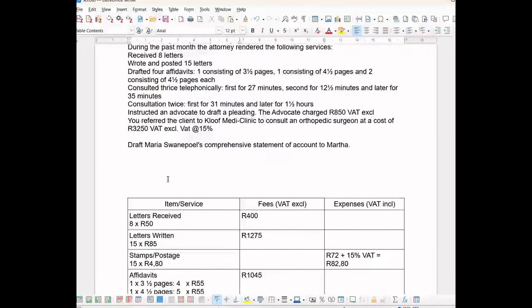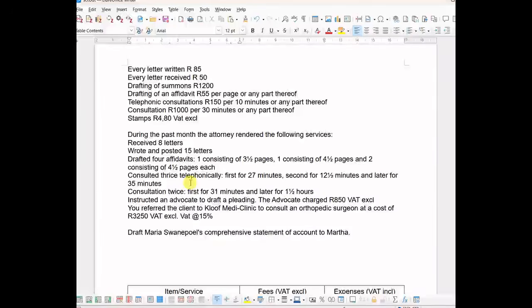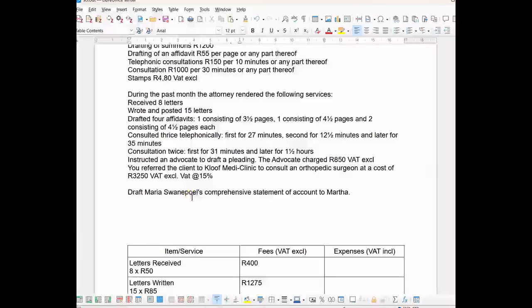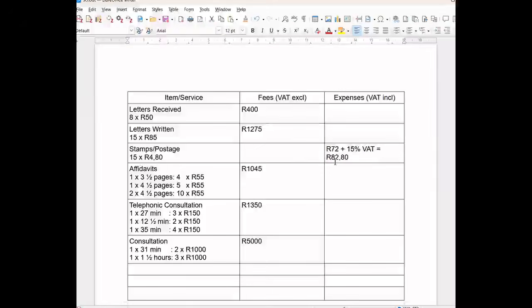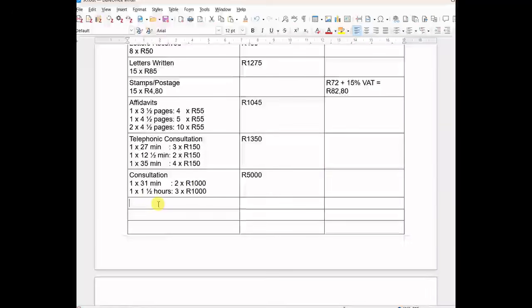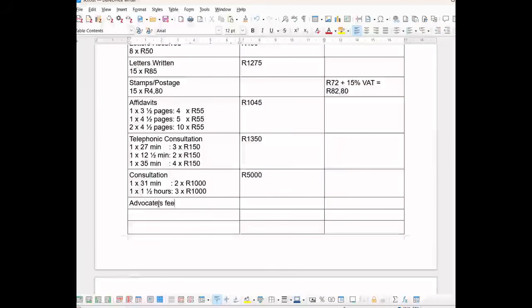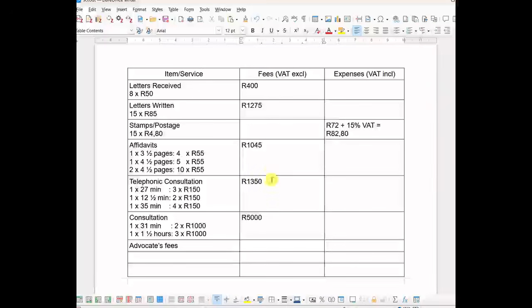What's the next thing on our list? So we've done the consultation. Okay, so we instructed an advocate to draft a pleading, and the advocate charged 850 Rand excluding VAT. Alright, so we're going to come down and make a new line item. I'm going to call it advocates fees. Now this is an expense, so it's not going to come under the fees because we're not charging that. That's coming from the advocate. That's an expense, so it's going to be